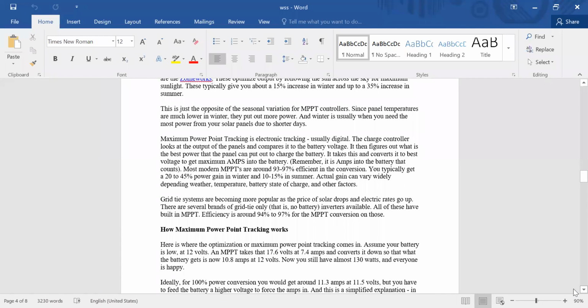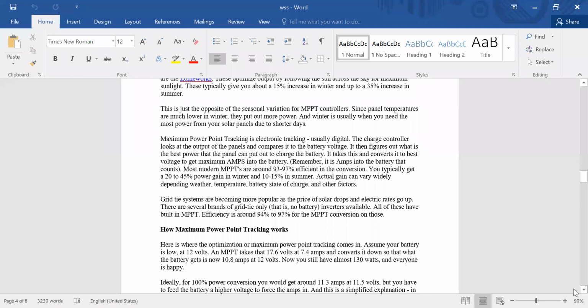The charge controller looks at the output of the panels and compares it with the battery voltage. Whatever the battery voltage is, it figures out the best power the panel can put out to charge the battery.